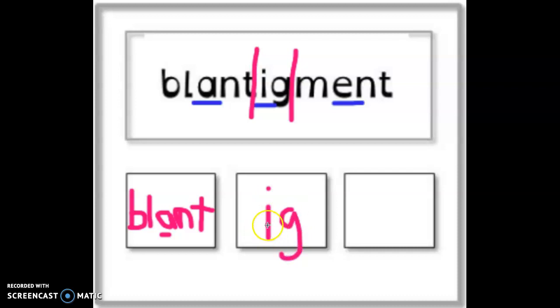Again, we have one vowel letter followed by a consonant. So this is a closed syllable. The sound will be I. The syllable is ig. And last, we have